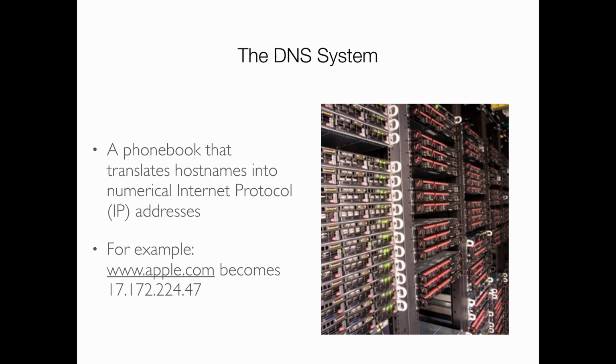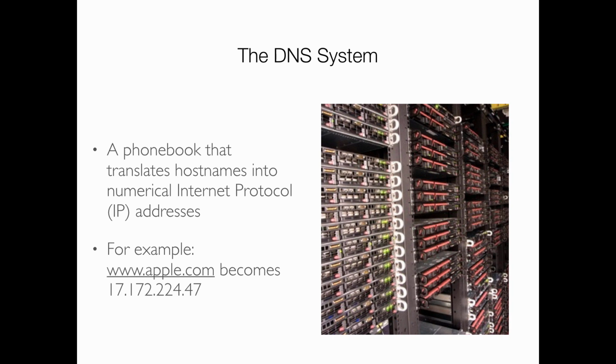There's something called the DNS system, the domain name system, that allows us to find a given company or website. The way this works is kind of like a reverse phone book. You type in www.apple.com, and the DNS system comes back and says, OK, the computer's address, kind of like the address for your house, the address where the computer exists on the internet, is this string of numbers, 17.172.22.224.47. And those of you that have your computers up, you could type in that right now. And if you type in that string of numbers, guess what? Apple's web page will come up.